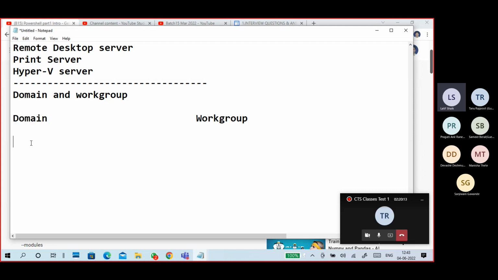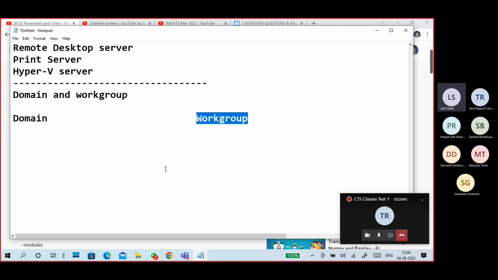Okay, what is a domain? Centralized administration. Workgroup, decentralized administration. In a workgroup, each PC has its own administrator. In a domain, each PC doesn't have its own administrator; a centralized administrator is there, one administrator for all the PCs in the domain.